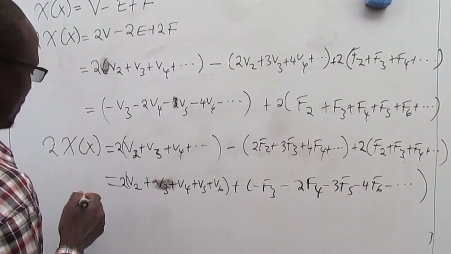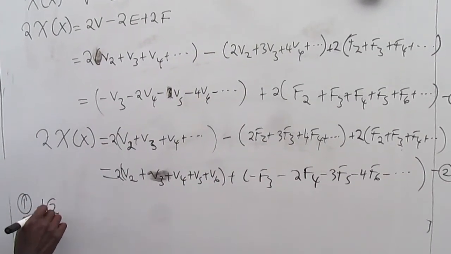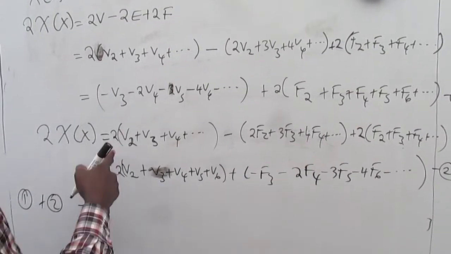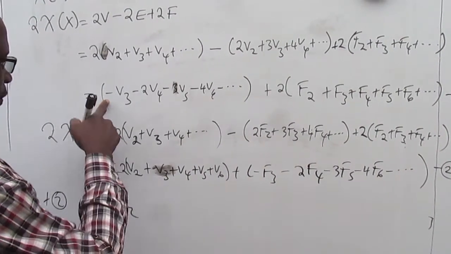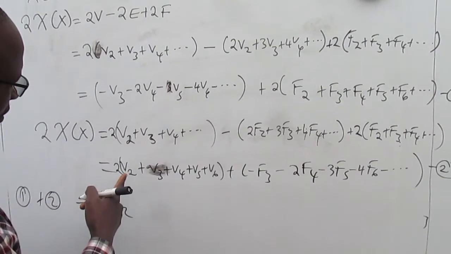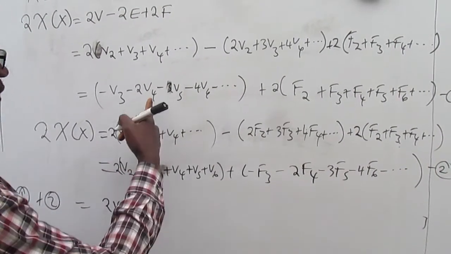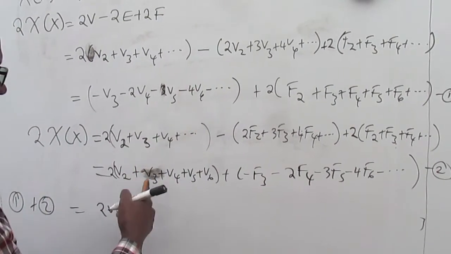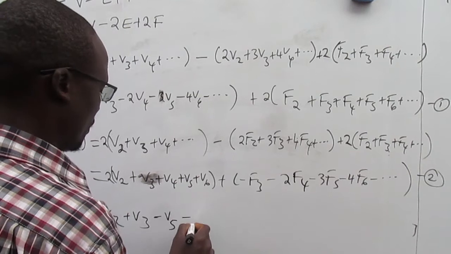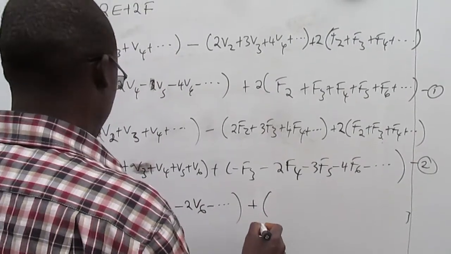Now if you put these two together, call this 1 and call this 2. If we take 1 plus 2, then we should be able to get the desired expression. So in other words, on the side of the vertices, we'll start with twice V2 because there's no V2 here. But now minus V3 plus V3 will give us 0. Minus V3 plus twice V3 will give us plus V3. Then minus twice V4 here will give us 0. Minus twice V5 minus 3 times V5 will give us minus V5. Then we'll also have minus twice V6 and so on. And similarly for the number of faces,